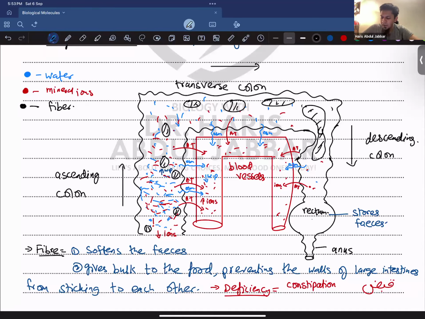And ultimately it's going to be collected at the rectum. When the rectum is going to be about 50% occupied or full, it's going to get out of your body as feces. ठीक है? तो बस ये चीज थी। But very less amount of water, like very insignificant amount of water। बिल्कुल। ठीक है।